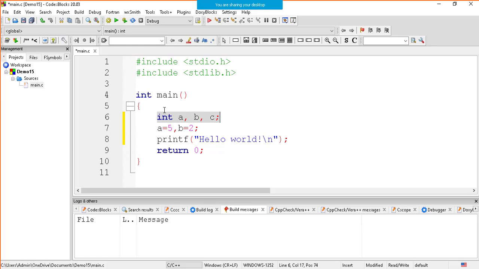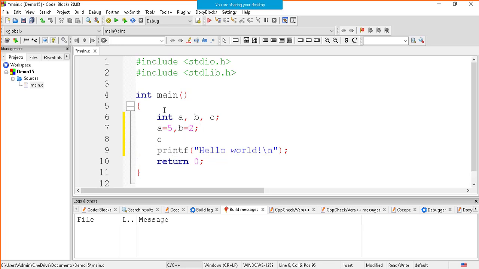And when you declare the variable, the space gets created in the main memory, and it gets the name, it gets the address. After that, these statements are assignment statements. So now 5 got assigned to A, 2 got assigned to B. Now I can perform any arithmetic operation. For example, just to explain to you, let's say I will do here C is equal to A into B. So you know the answer, right?